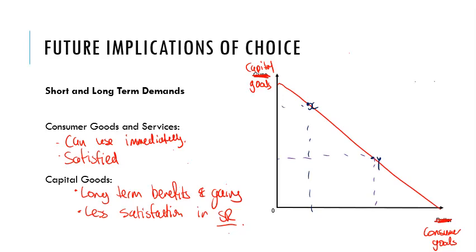Firstly, we've got to think about consumers. They may want to enjoy consumer goods first in the short run, but not be concerned about the long run. And many kids are like that. We think about now, we don't think about the future. While maybe a business may focus more on capital goods because they want to think about survival, not just because of today, but in 6 months, in 6 years, in 10 years. So having those capital goods, allowing them to